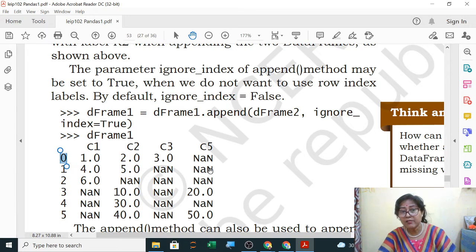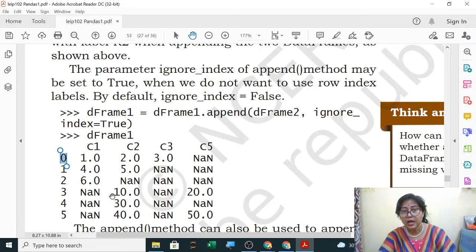Now what is the advantage of this? Here the index does not have a repeated, duplicate one. So while accessing it afterwards for any analysis, you will not find any problem. Previously what was happening? R2 and R2, 2 same labels were there in the row index.